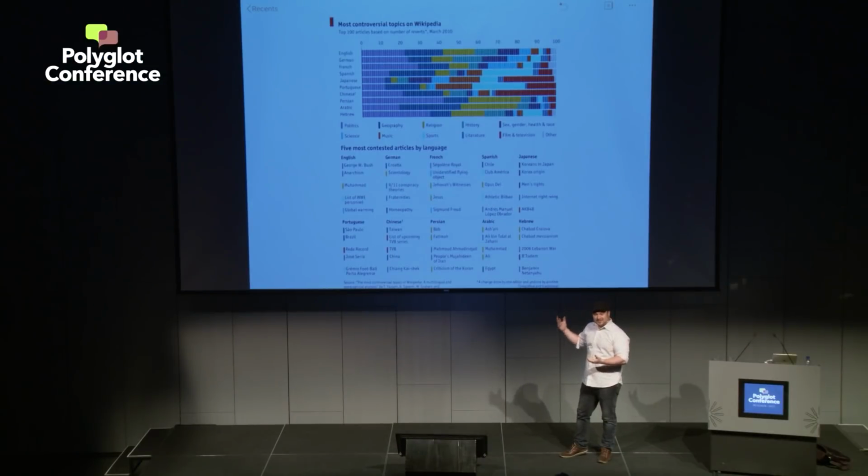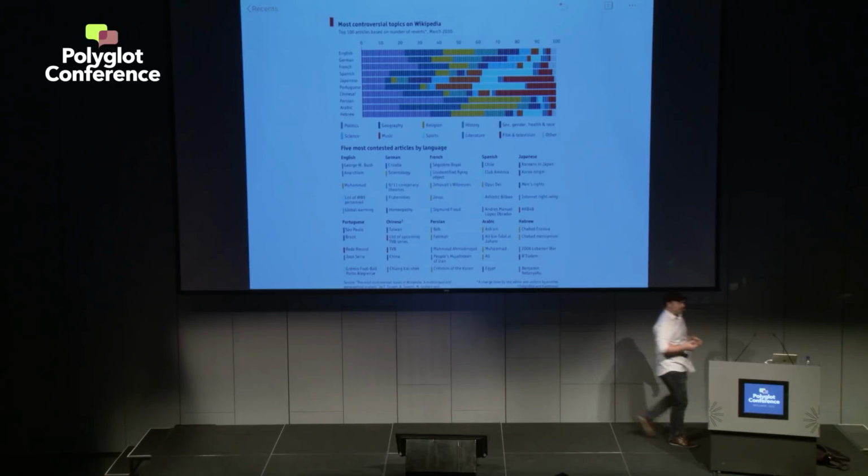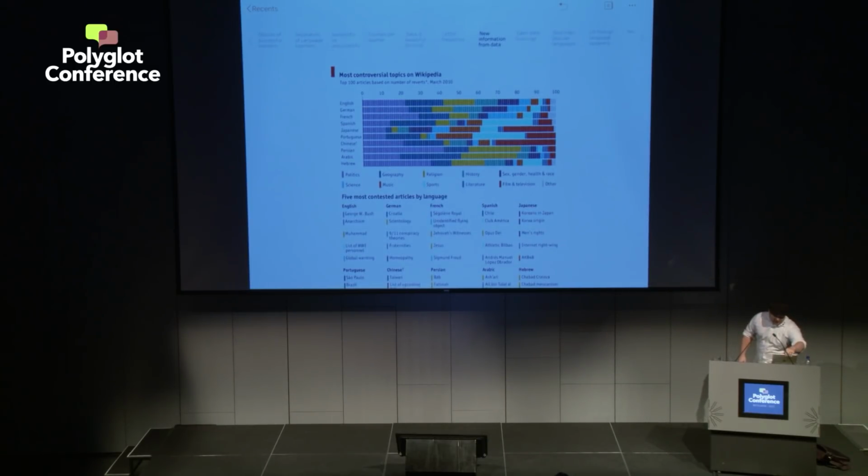We all have our biases. I tend to see specific things that are controversial while I'm not aware of other things. So to truly have a bigger view, something like Wikipedia is based on millions and millions of people using it. And that gives you information that you can actually act on and you understand the kind of topics that you want to dive into and discuss a little bit.